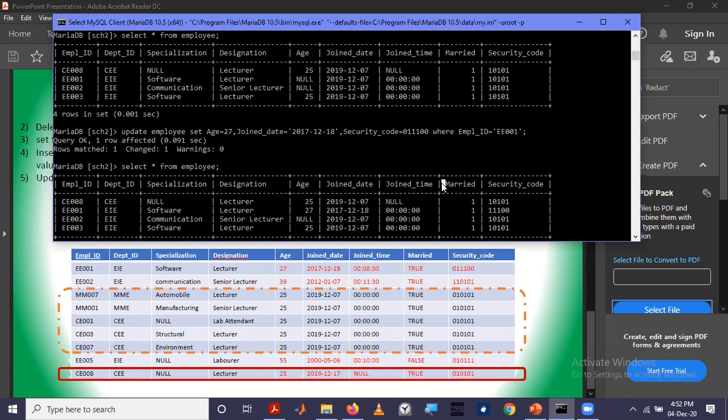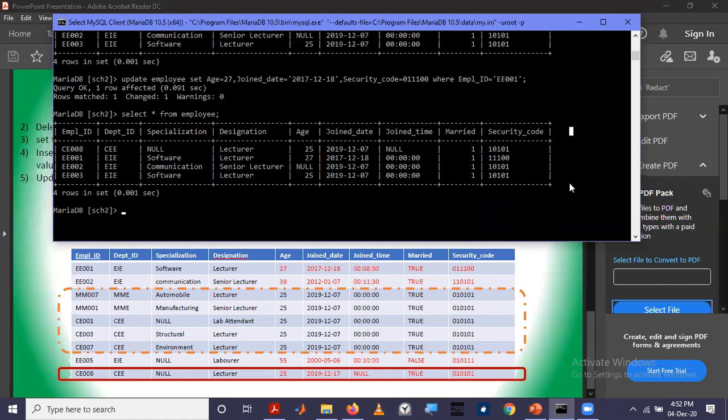So we have to repeat that operation for the other two remaining tuples also. We can use the arrow keys and navigate, but I'll write it from the beginning.